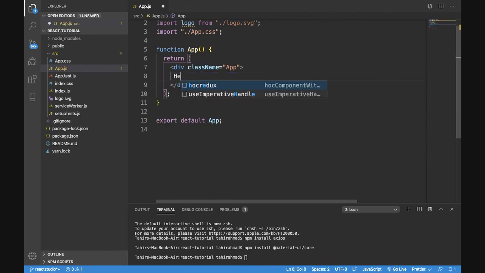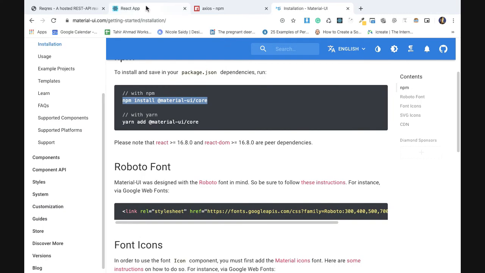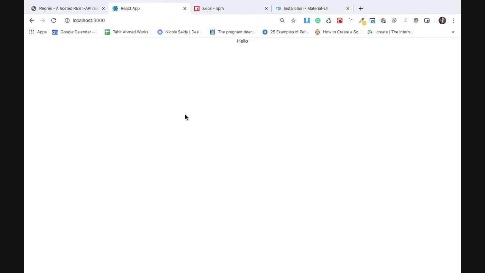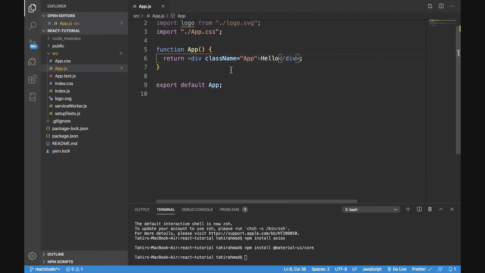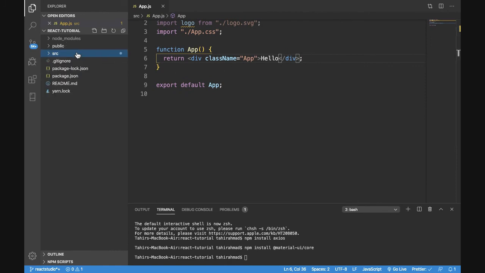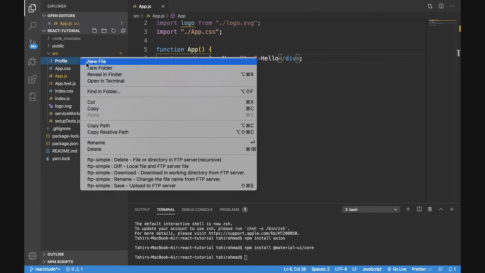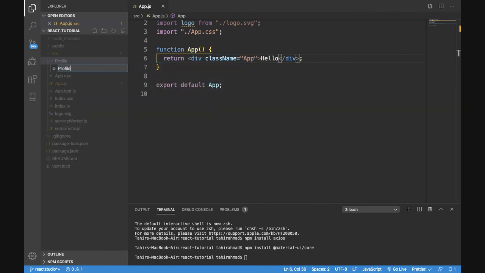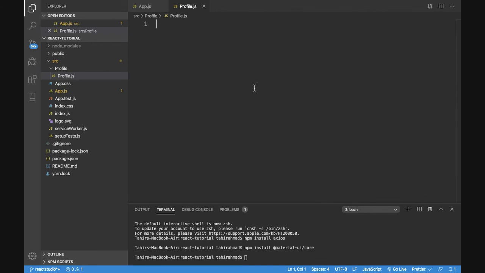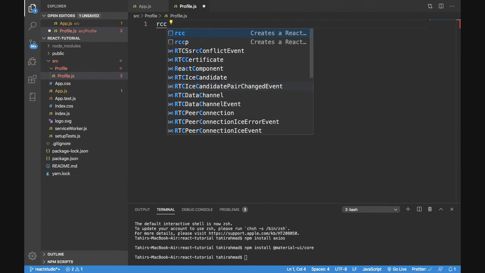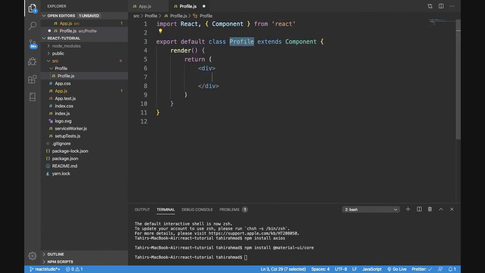so that we could render it in a very clean app. So now you can see here we have a very clean app. Now our next step would be to create a new folder over here called profile. In this profile folder we will create a new file which is profile.js. Now in this file we have the predefined command rcc, which will automatically create a template for the class. In this, we write profile